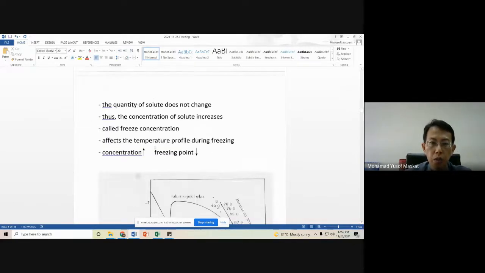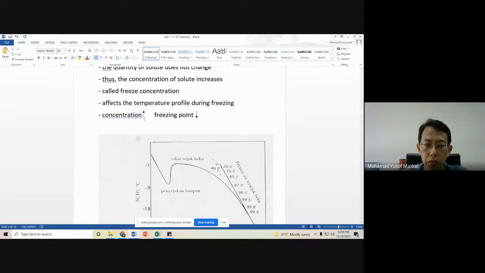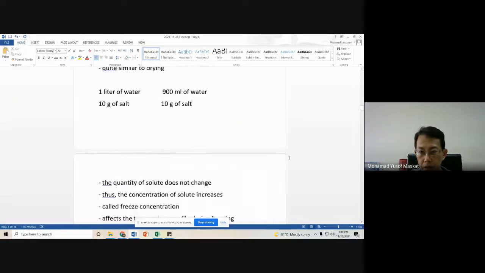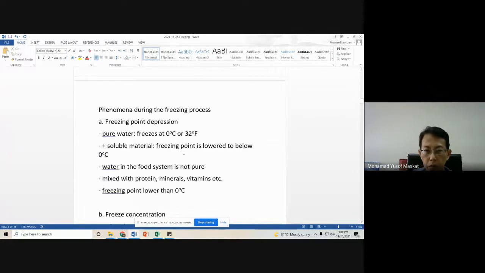Okay, so the quantity of solid does not change, so the concentration of solid increases. We call it freeze concentration. So the higher concentration affects the temperature profile during freezing. And we also know that when there is a higher concentration of solid, then the freezing point depression is greater. Right, okay, so now the freezing profile of water in food is not straightforward like this. This is for pure water. But water in food,